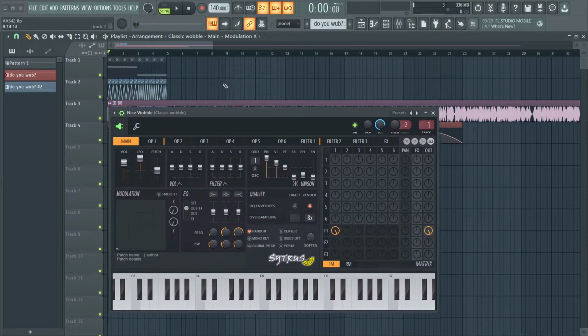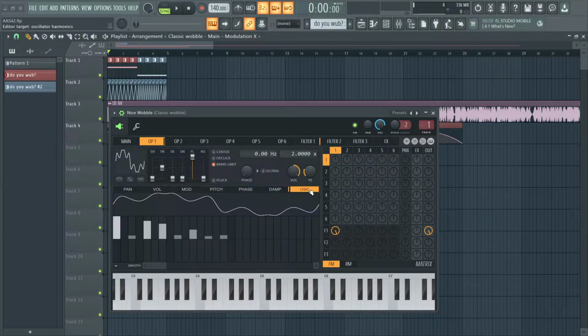Okay, so the main concept behind wobbles is just either volume and/or cutoff automation of a low pass filter, usually on some waveform, either complex or simple. So to kind of